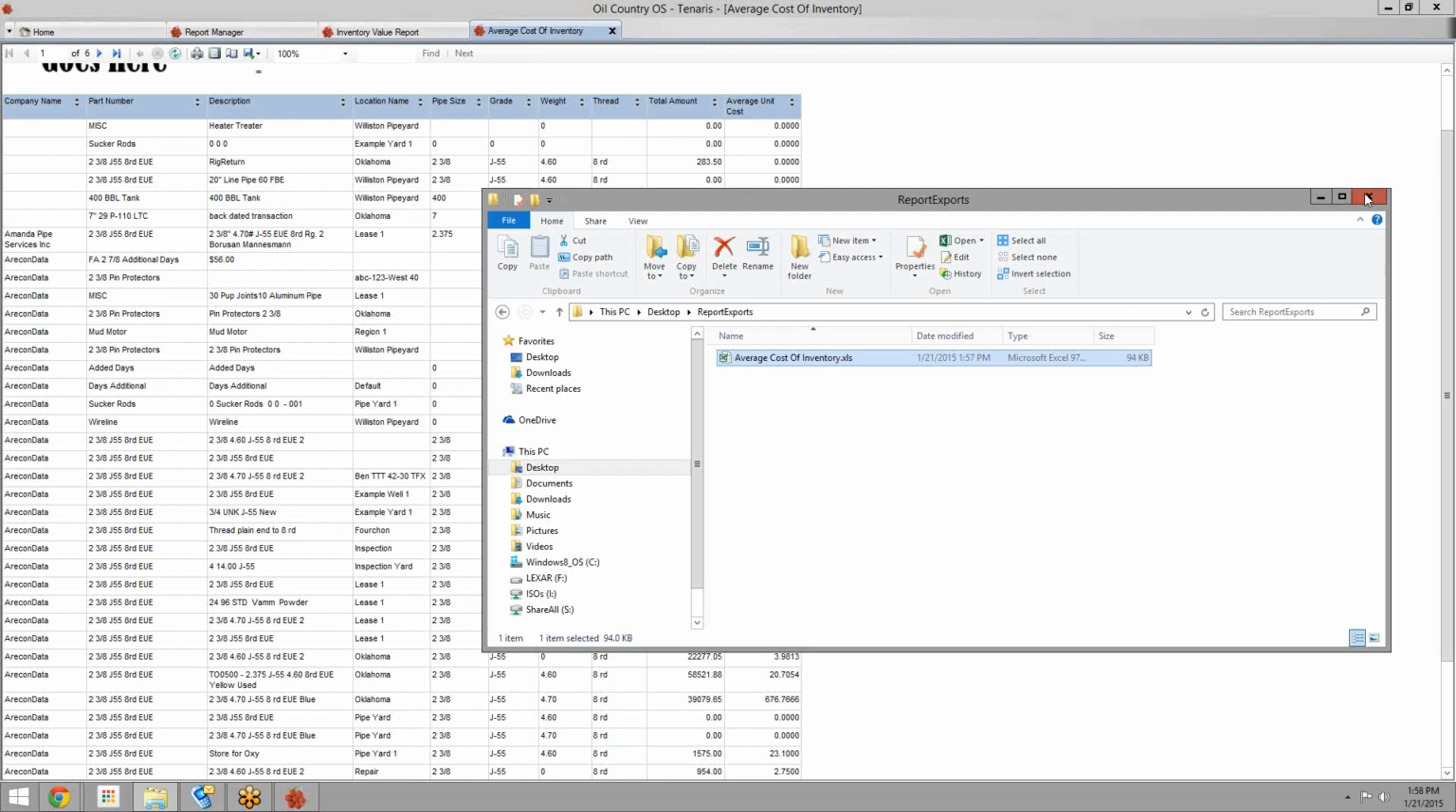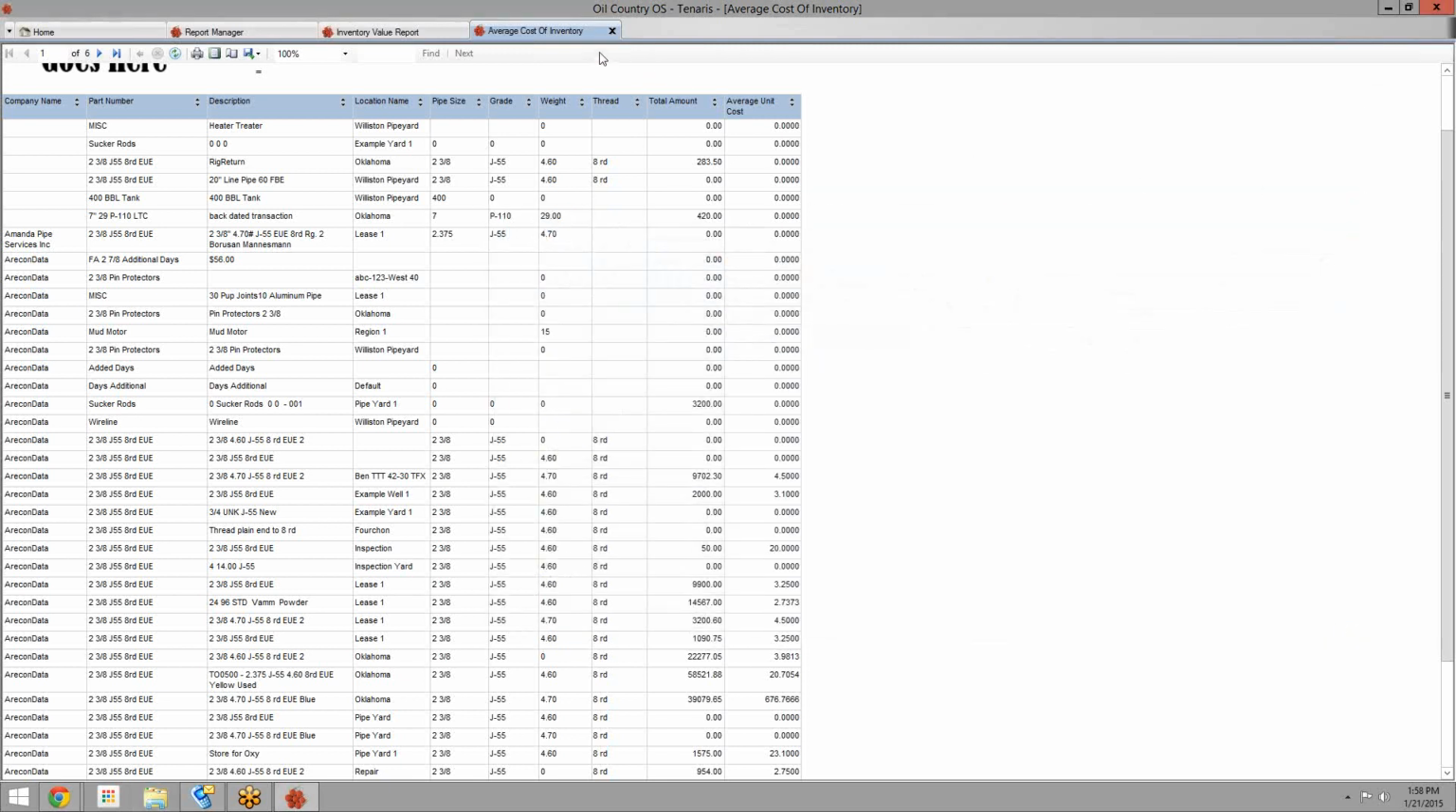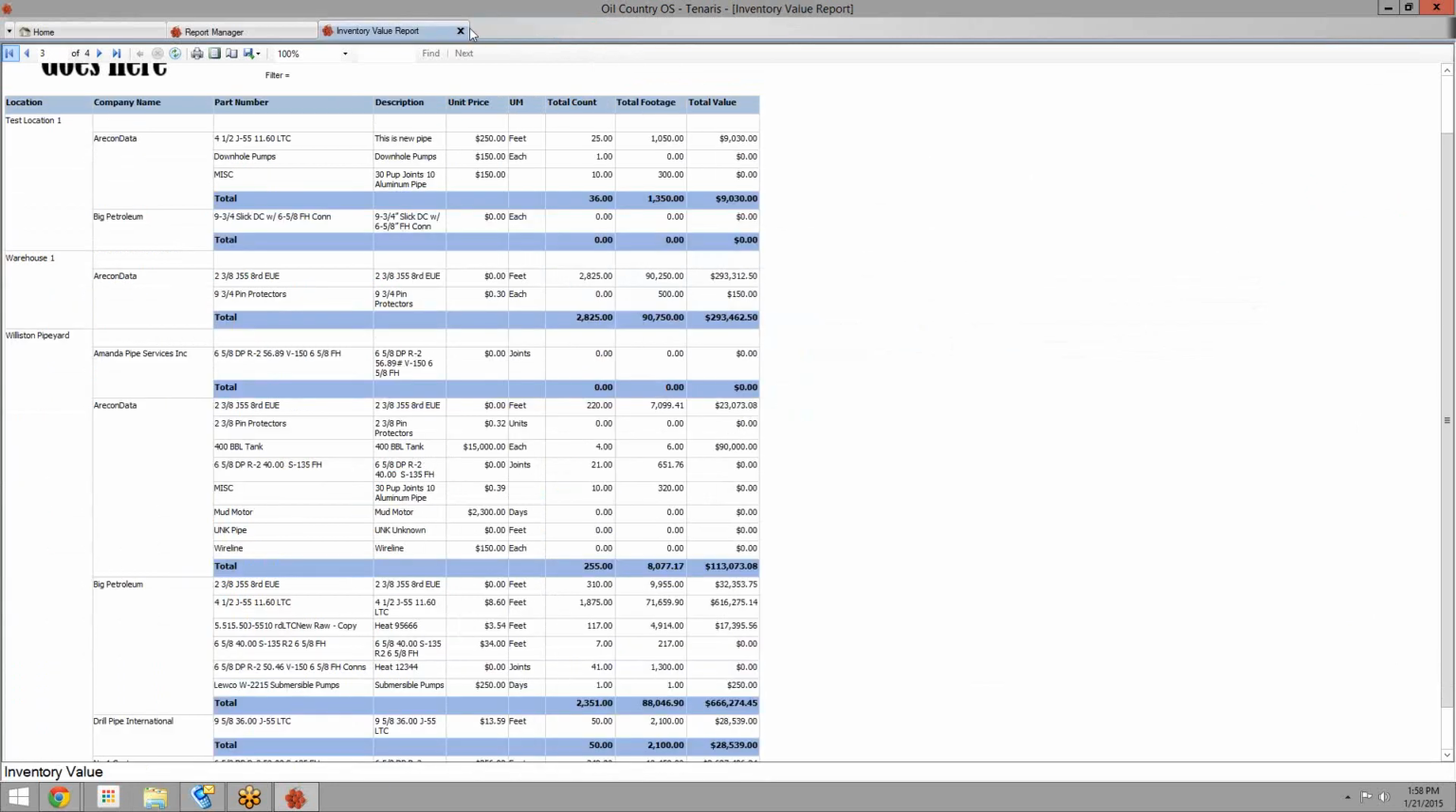So let's close those down. Yeah, so the average cost of inventory pretty much allows you to take dead inventory, compare it to your average, and see whether or not you can still make some money off of it. So let's go ahead and close those out